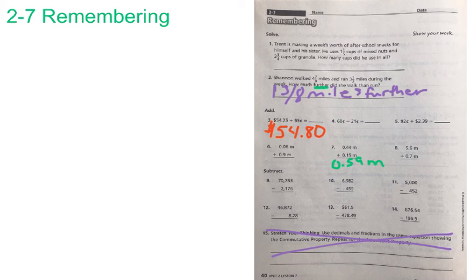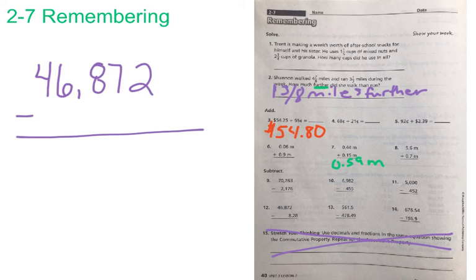But when we hit 12, 13, and 14, you can see within those problems that there are decimals. And I think I'll show you number 12 just so that you can see what it looks like when there's no decimal in that top number. And I know I'll have questions on this one, kind of like we did on 2-5, remembering. So let's go ahead and look at number 12. We have 46,872, and from that we're going to subtract 8 and 28 hundredths,